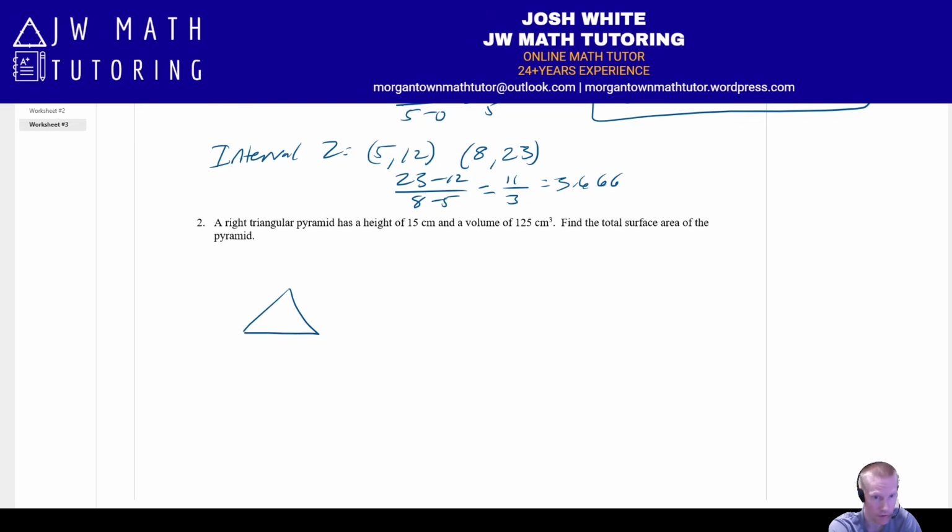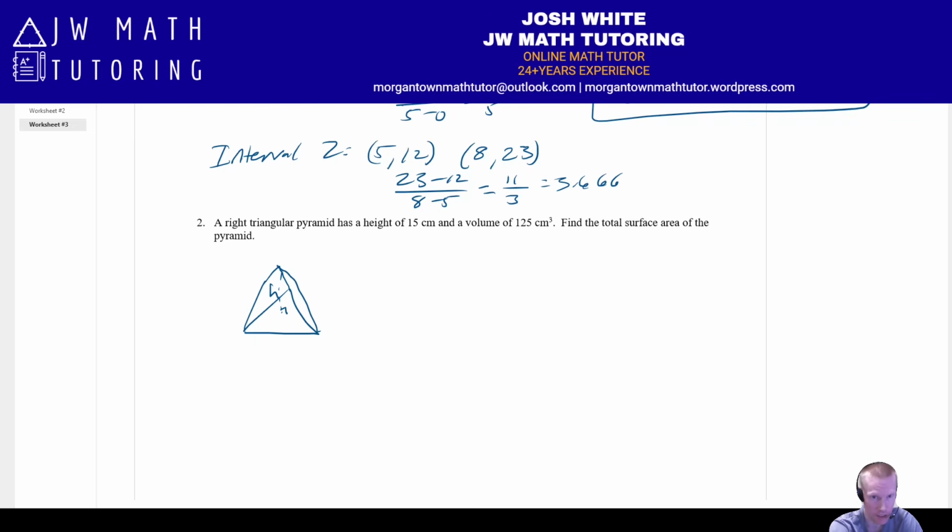So that means we've got a triangular base. Let's see if I can draw this correctly. Probably not. And then the height coming down here, perpendicular. All right, this triangular pyramid has 4 triangular faces. It might not be easy to see from my poorly drawn diagram, but this question looks difficult, looks complicated, but